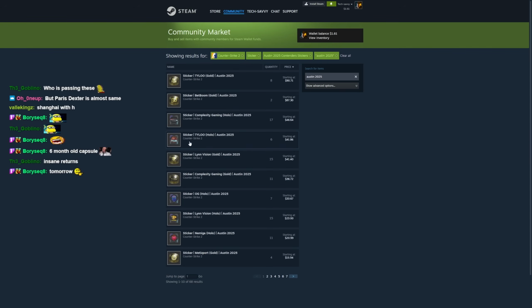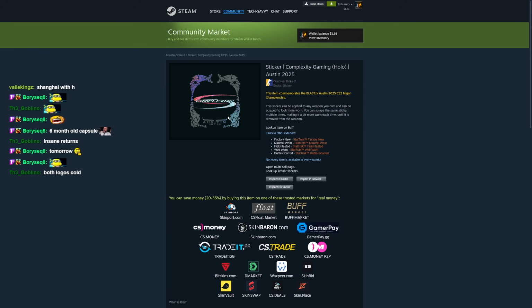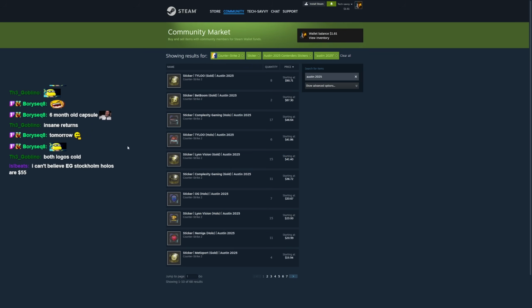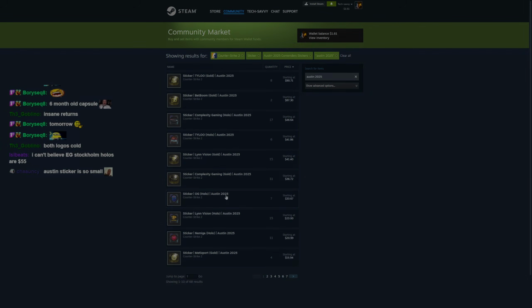Also, why did they change back to their original logo? They went from the Complexity that you know from Cato 2014. They went to the weird star, completely different, and now they're back to the old Cato 14 style Complexity holo, and now the team's gone. Huh? I can't believe EG Stockholm holos are 55. I know, bro. What is even going on? But also, OG, for some reason,